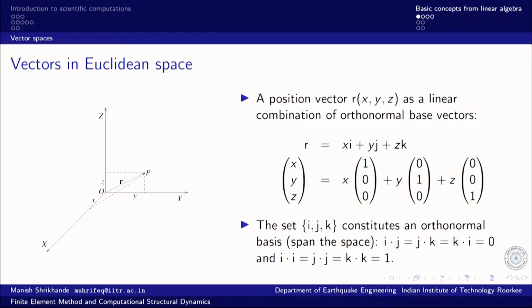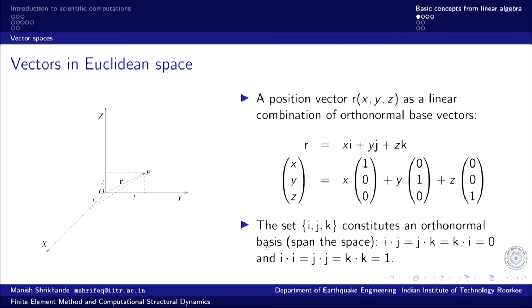But as I said, the orthogonality properties: the dot product between i and j is equal to the dot product between j and k, and that is equal to the dot product between k and i, and that is equal to 0, because orthogonal vectors will not have any projection on another direction, and also they are all unit length. So, the dot product with themselves is equal to unity. That is only a matter of definition, but what is important is they constitute an orthonormal basis.